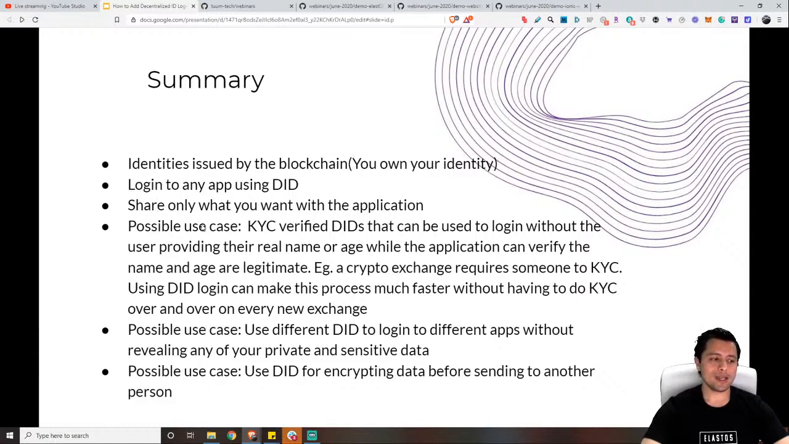One of the possible use cases we talked about is KYC verified DIDs that can be used to log in without the user providing their real name or age, while the application can verify the name and age are legitimate. Example, a cryptocurrency exchange needs to verify your name, your driver's license. All of those could be part of the DID verifiable credentials. And then those cryptocurrency exchanges can just integrate the DID retrieval process, and then the document can be retrieved, and